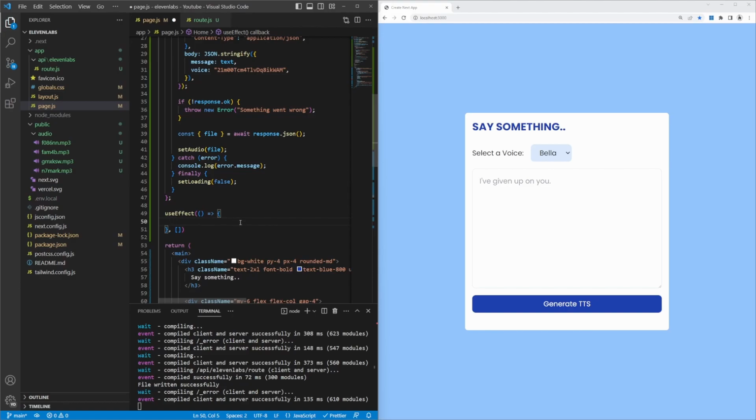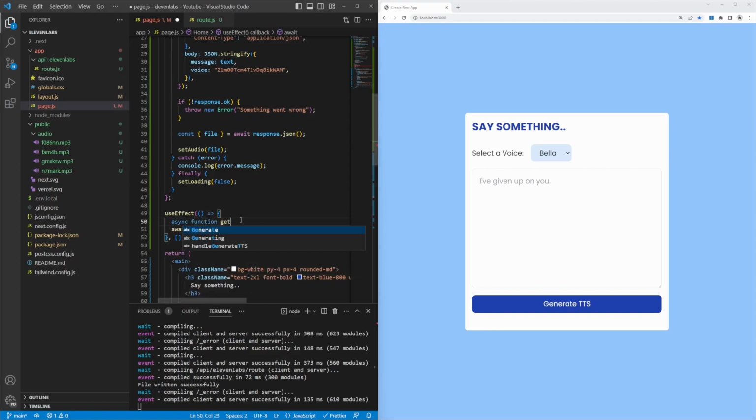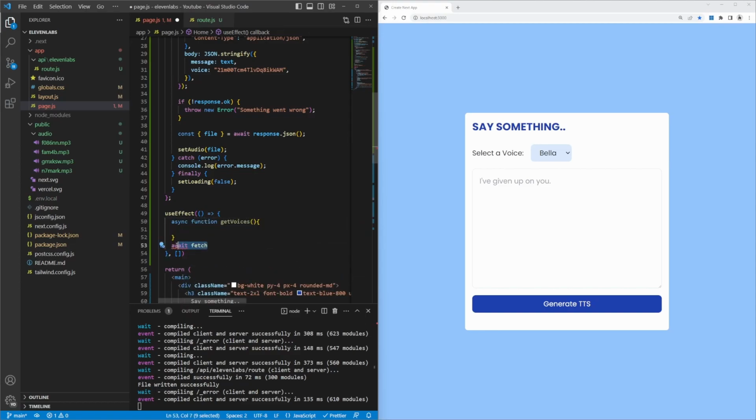Either we can call the fetch API and chain the then function on top of that, or we can await the result like this. The only problem is that in order to call the await function, this calling function needs to be async, and we should not convert the useEffect function to async. So what I'll do instead is I'll create a new async function called getVoices, and I will move my logic